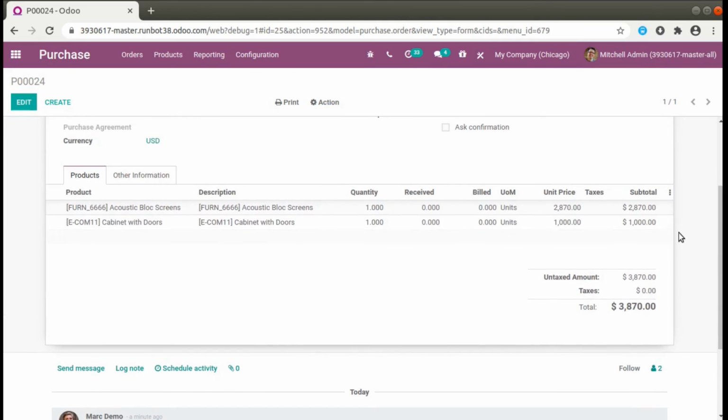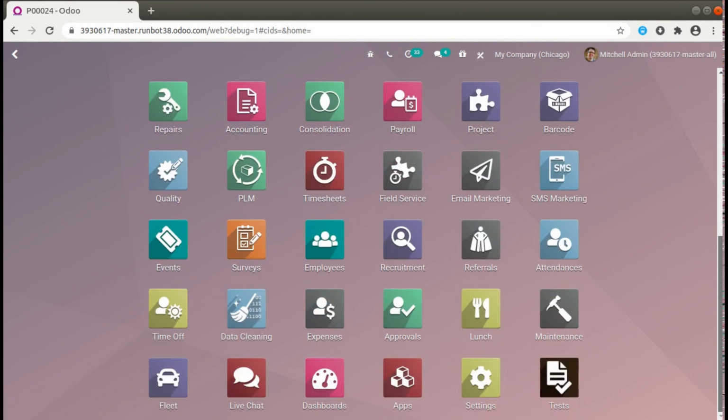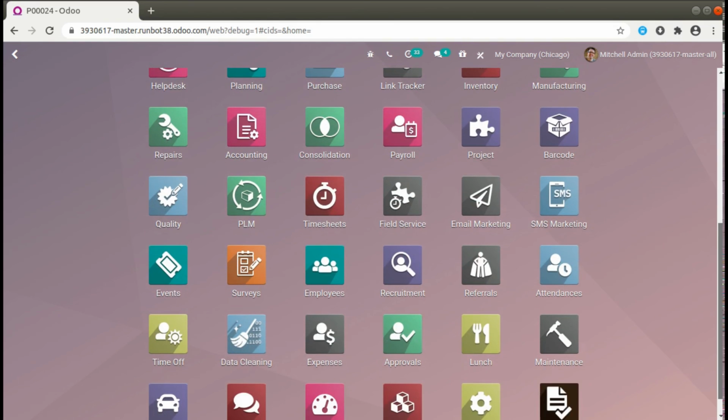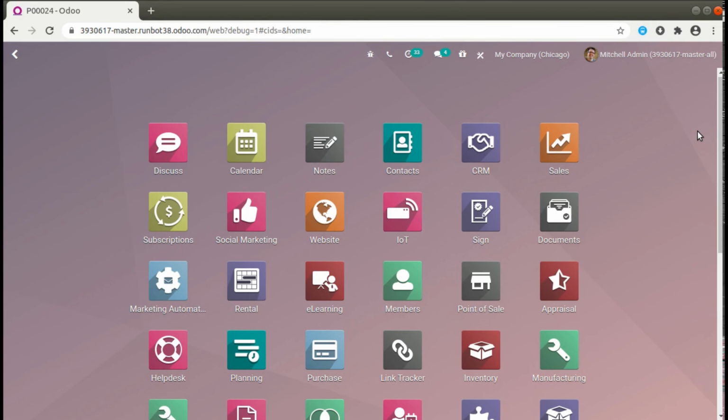I'm accessing this from the Odoo Runbot. If you need to test or see the same feature, you can simply search for Odoo Runbot, log into the master branch with the password admin, and check the Odoo features. There are a lot of improvements happening, and if you check the Odoo master branch in the GitHub repository, you can see different commits and PRs coming.